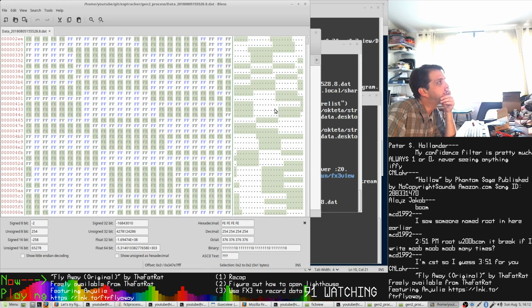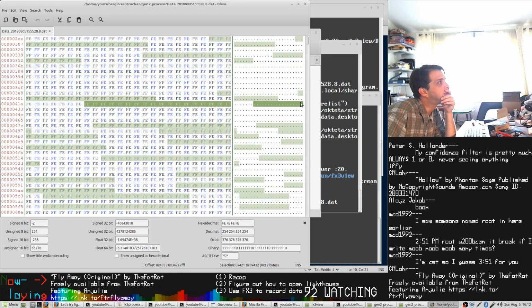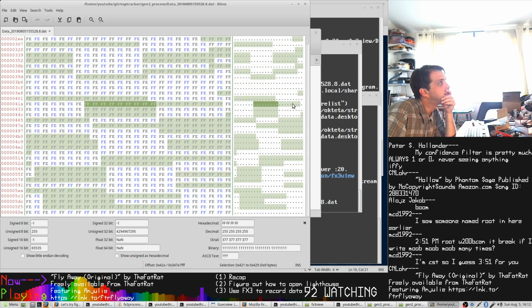So if it is truly Manchester, so that's a long. So long, short, short, long, short, short, short, short, short, short, long, long, short, short, or no, long, long, long, long, short, short, short, short, short, short, long,